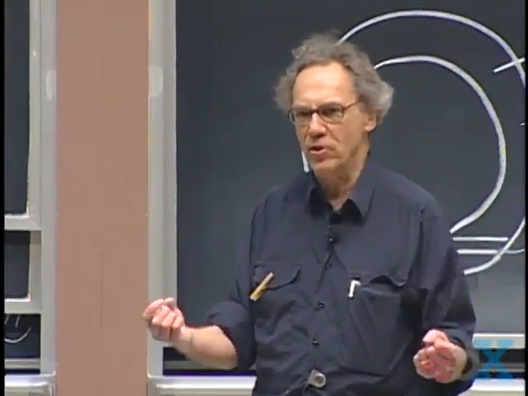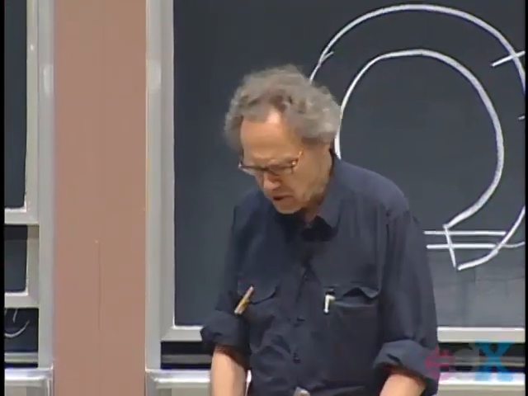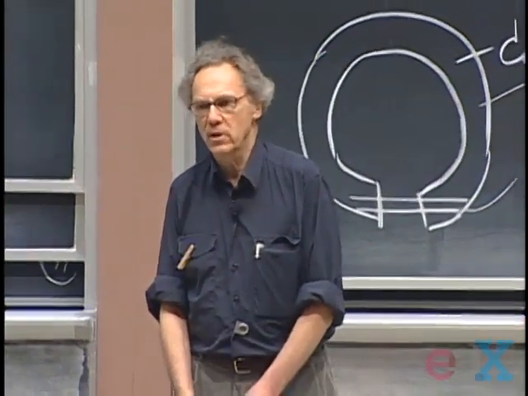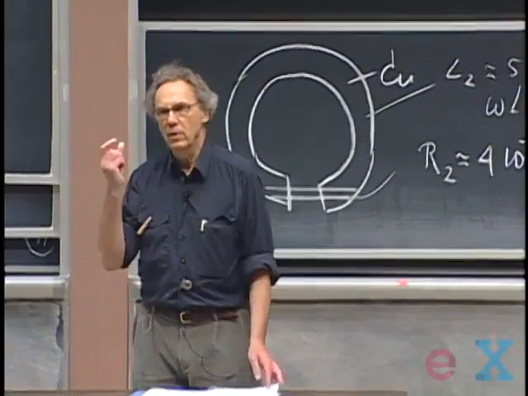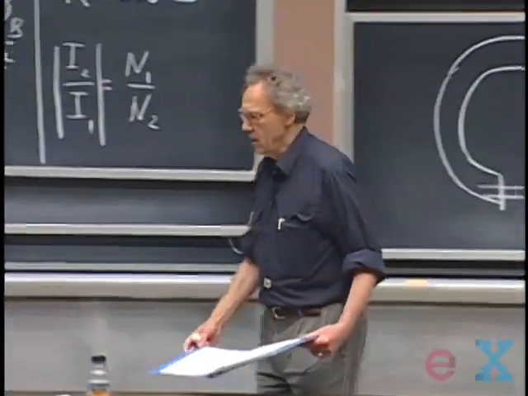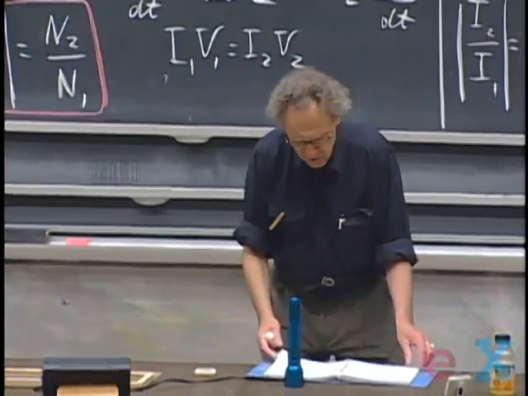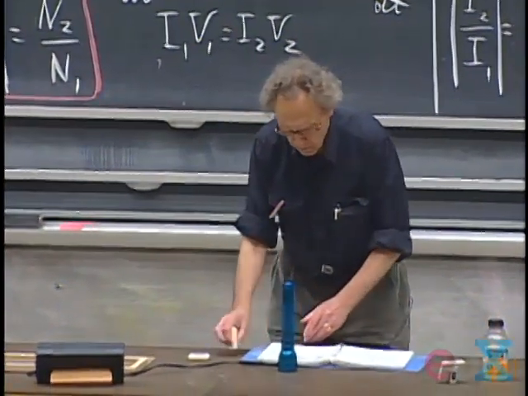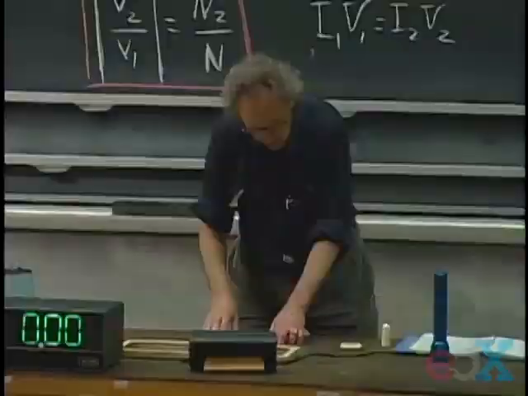You better believe it that that nail is going to be red hot, is going to glow, and probably melt. And this is the idea behind so-called induction ovens. This is purposely done to get a very high temperature. It's also done in welding to get very high currents. And so the second part of the demonstration with the same primary, I want to make it dark so that you can see the glowing of that